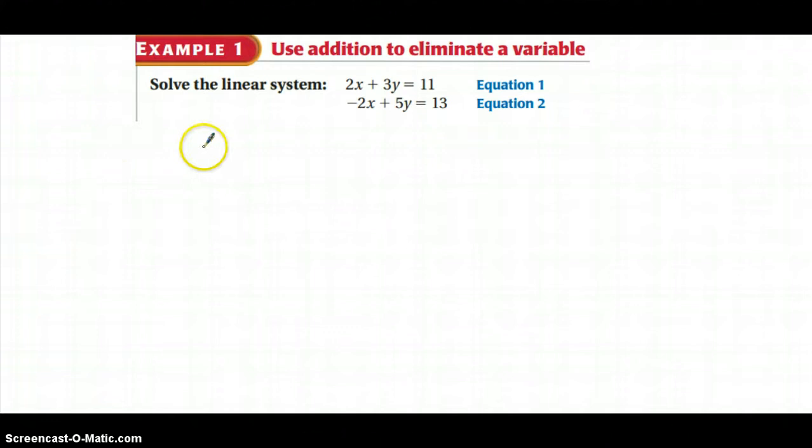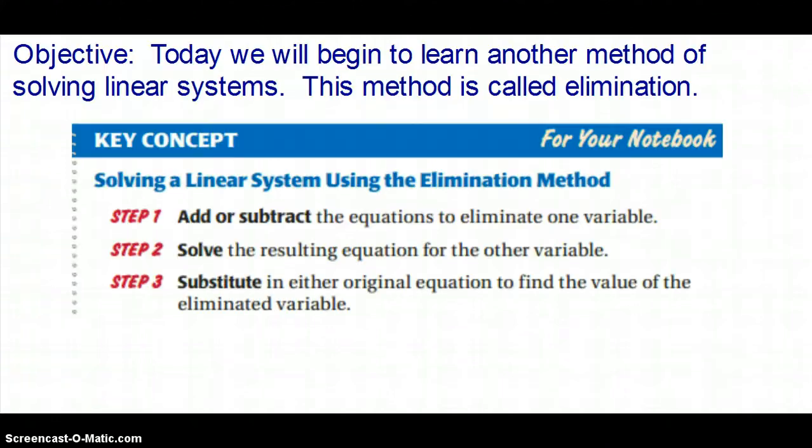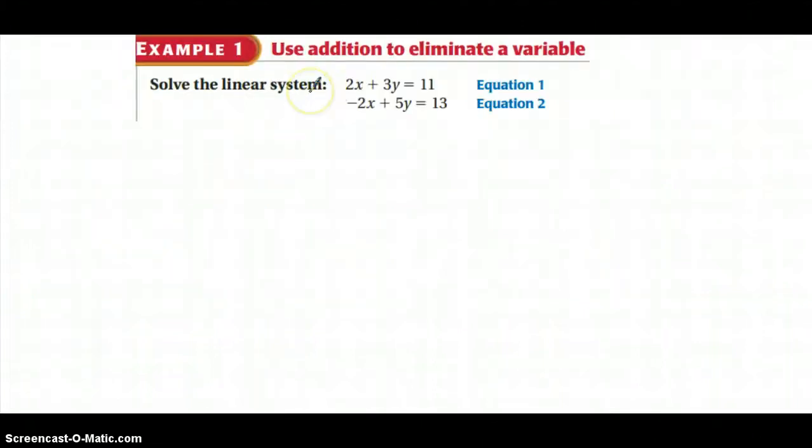Alright, so we've got this example 1, and if we take a look back at our first step, it's to add or subtract the equations to eliminate one variable. So if I'm looking at the variables here, I can add or subtract these things to cancel out and leave one of the variables remaining. At this point we see that we have a 2x and a negative 2x. And just like when we're solving equations and we want them to cancel out, we know that these things are